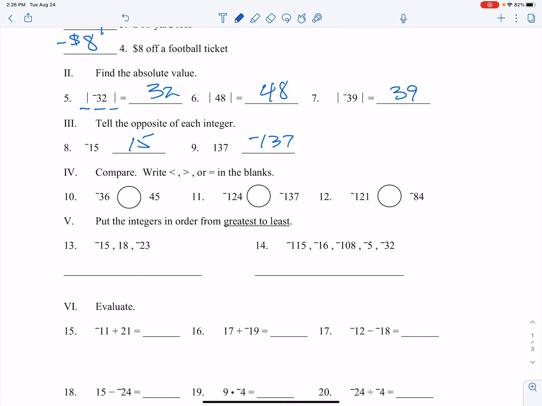circles. So we're looking for which number is bigger. And we remember on a number line, the number farthest to the right will always be the biggest. So on number 10, the 45 is the greatest one. So negative 36 is less than 45. Number 11, negative 124 is greater than negative 137 because it's farthest to the right on a number line. Number 12, negative 121 is less than negative 84 because negative 84 is farther to the right on the number